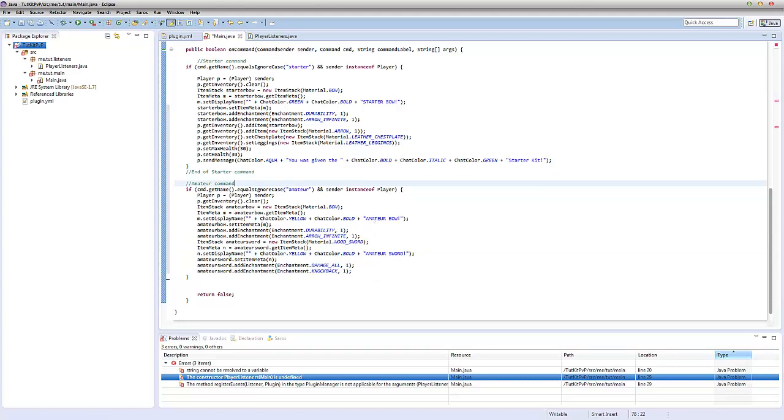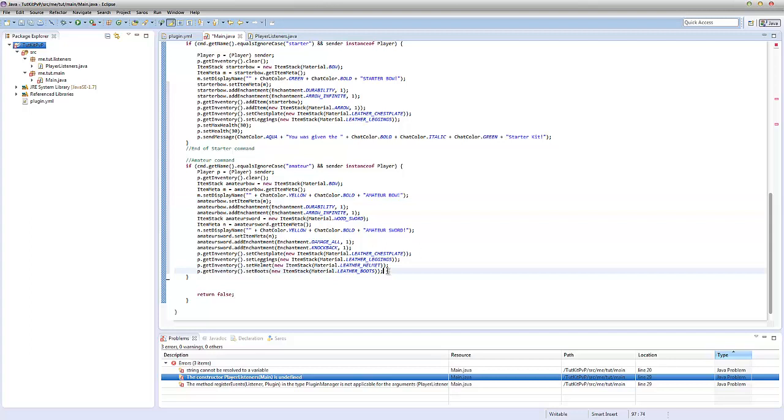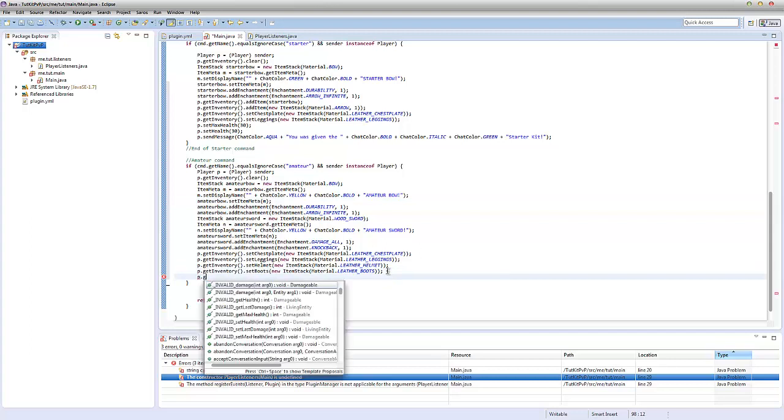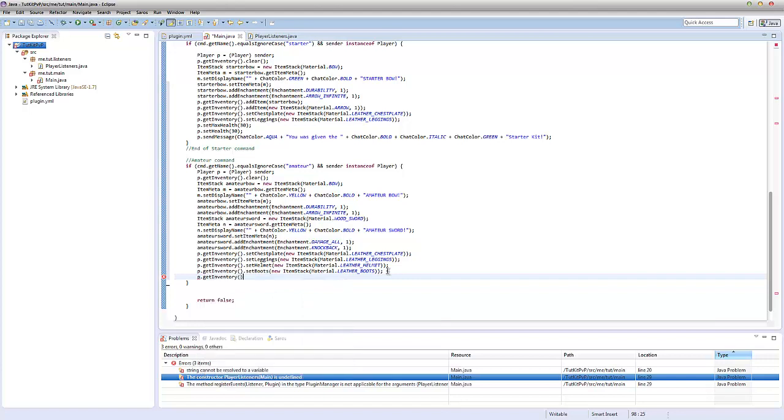So I've done that, and I kind of just want to go ahead and give the player some leather armor, a full set of leather armor. So I'll just do that right now, because it's kind of boring to do. So I've done that, pretty simple. Obviously it wasn't hard to do, so I'm going to go ahead and then set the player.inventory. So player.get inventory .add item in brackets. I want to give them the amateur sword,